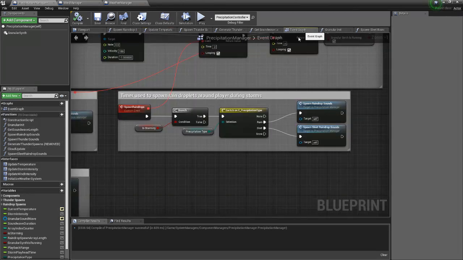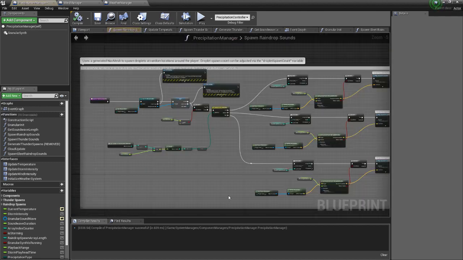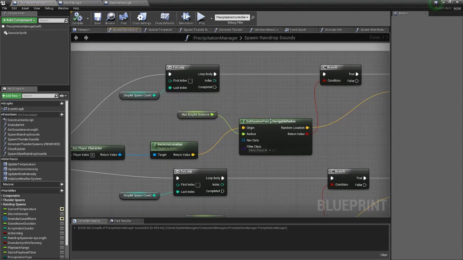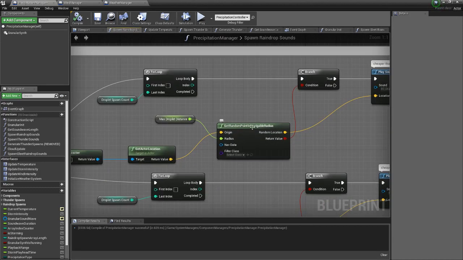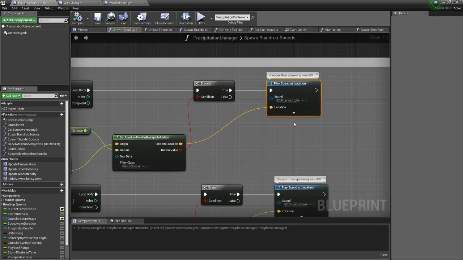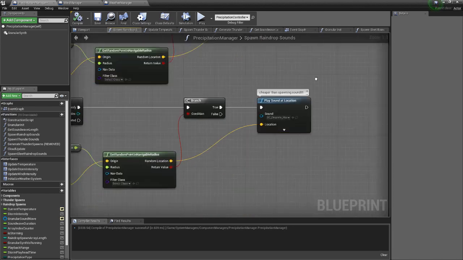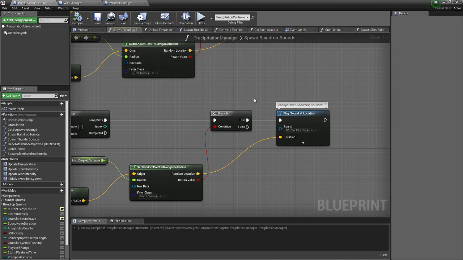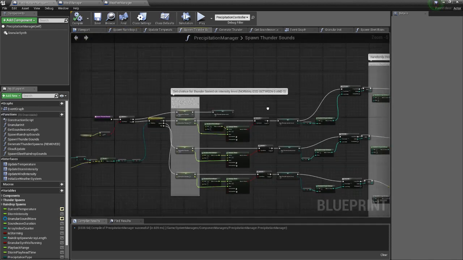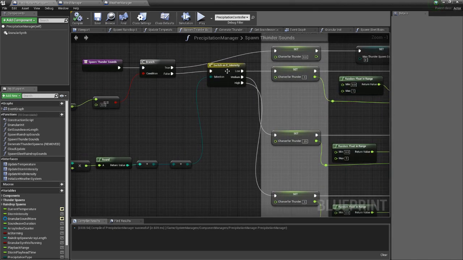so that when I get back to my event graph, it does a check on that to see if it's sleet or rain, and it spawns raindrop sounds around the player, currently using a nav mesh. It picks points around the player and just plays a sound at that location. Whether it's light raindrops, a mix between light and heavy for the medium rain, or heavy raindrops for when it's really coming down. The thunder system works in a similar manner, where it's using the intensity, which is just kind